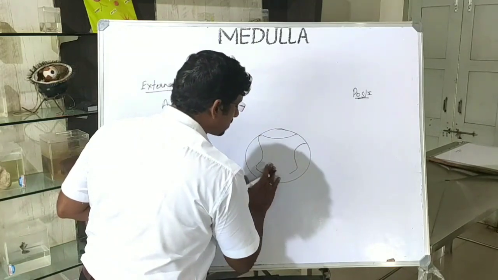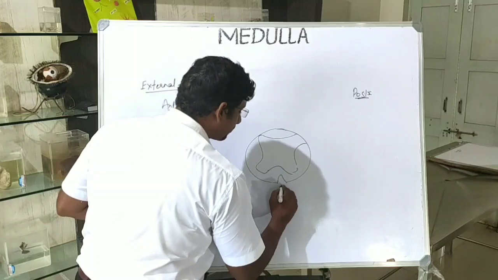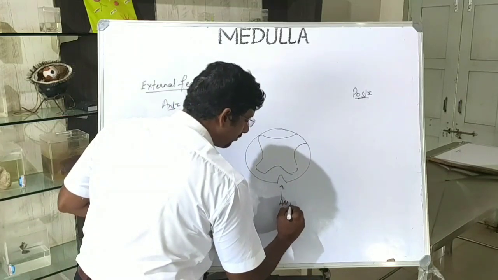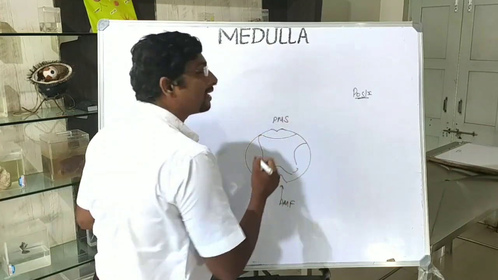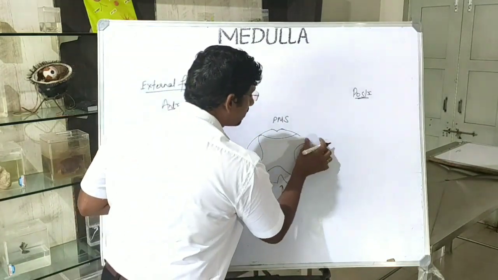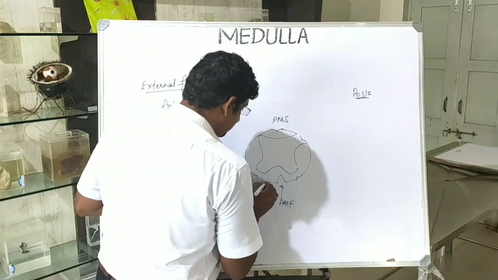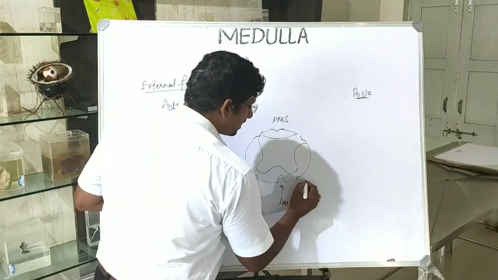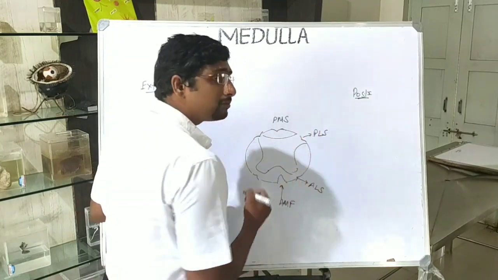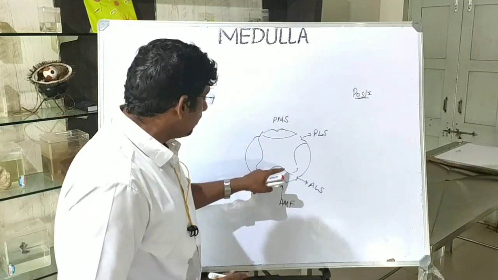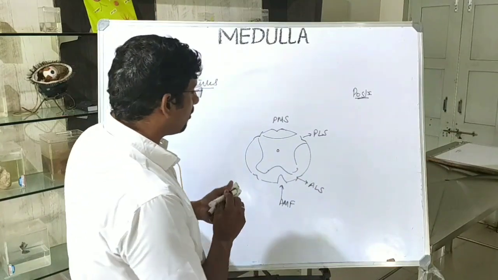We are not concerned much about it now. External parts. Anteriorly we have the anterior median fissure, and posteriorly we have the posterior median sulcus, right? And on the lateral side, small sulci are there. So this is the anterolateral sulcus and this is the posterolateral sulcus, right? So the same thing of the spinal cord, when it comes to